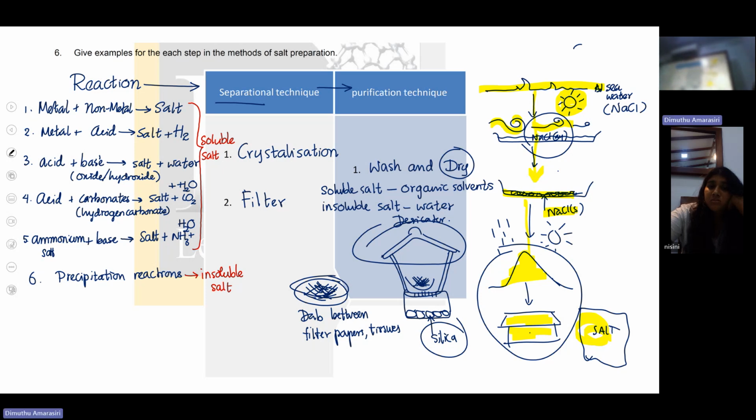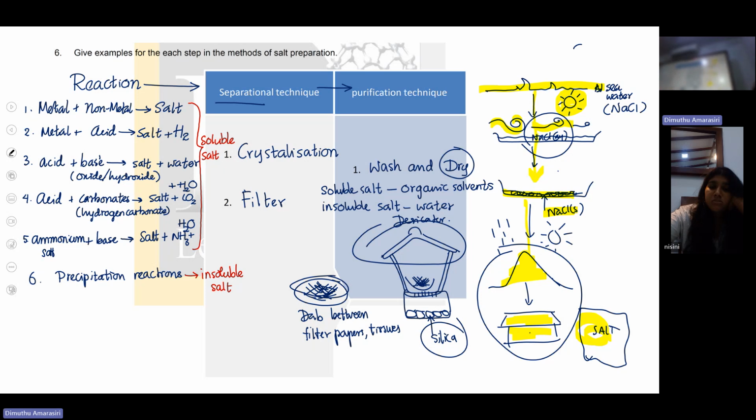You get the point? But sorry, in the laboratory, we are also going to prepare salts. Right? The difference is laboratory preparation of salt versus the preparation of salt in industry. In industry, we don't have to react something to make the salt because you have salt already in the sea. You just have to separate them.